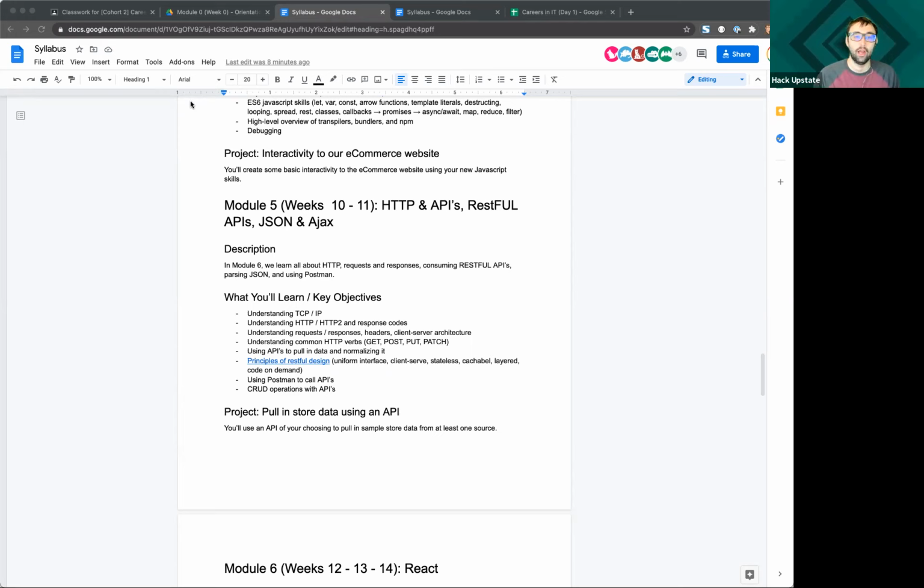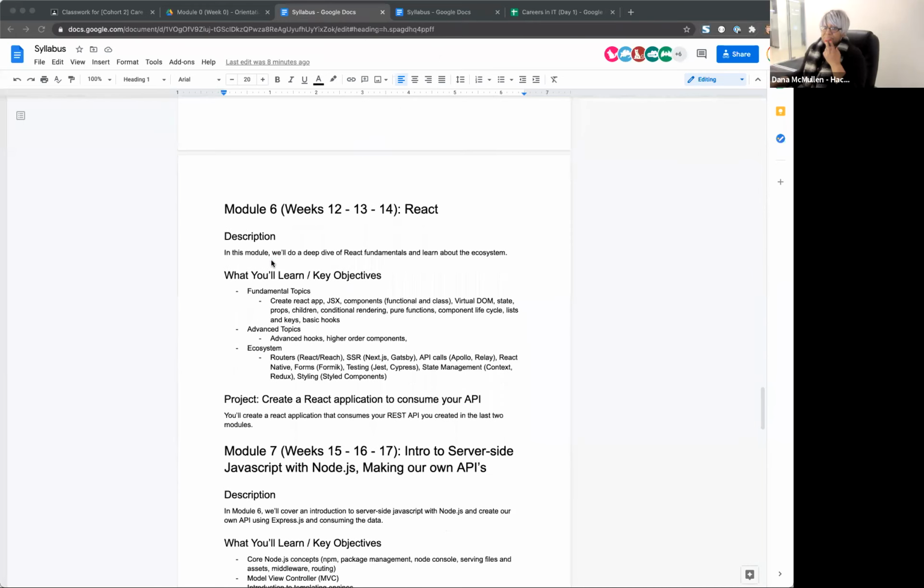From there, you're going to work with Joey on React. And React is a framework that kind of marries HTML and JavaScript together. And so that allows you to start building more interactive websites, and the ability to get some data and say, hey, I would like all of this data to show up on the screen.